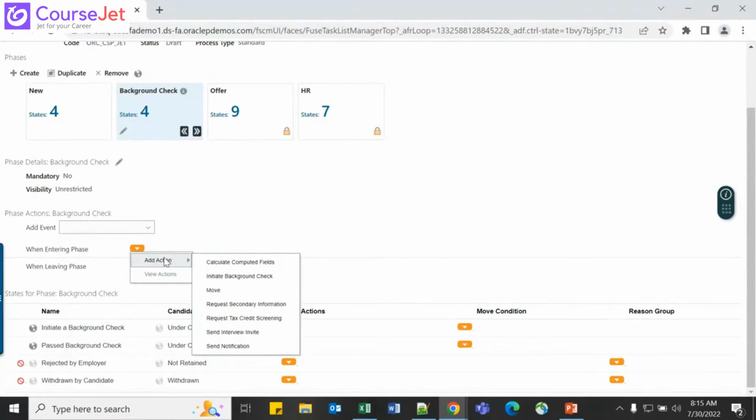So when entering the phase, we have to perform these actions. We have a list of actions. First, calculate computed fields: we can calculate some of the fields based on the fast formula. Then, initiate a background check: once we enter this phase, we can initiate a background check. Currently the BGV vendor is not configured in the system, so